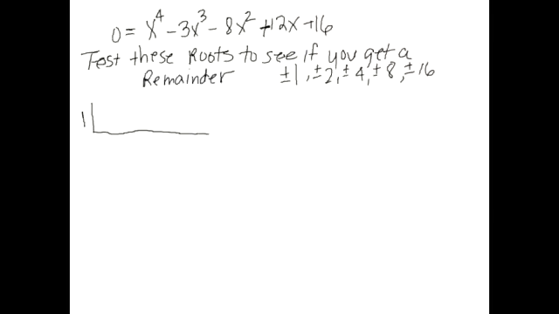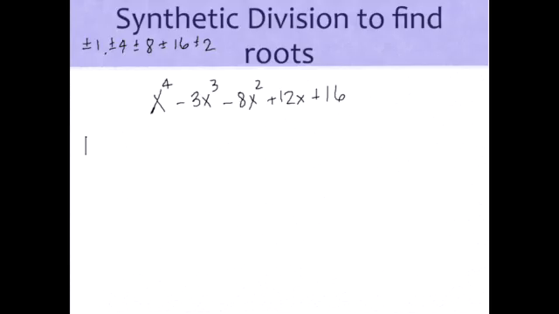But you need to know how to set up the synthetic division. You take each of the coefficients of the decreasing powers. You must have a place for each one of the powers. So if you are missing a power, then you would need to put a 0 in as a placeholder. So this is 1x to the 4th minus 3x to the 3rd minus 8x squared plus 12x plus 16, which is our constant. If I'm going to test number 1,